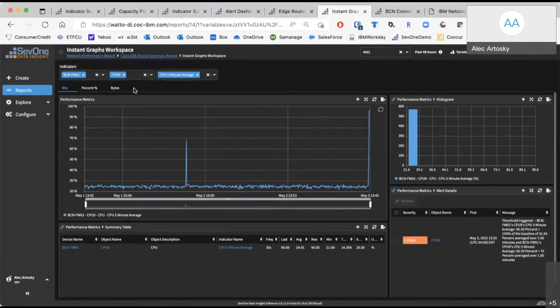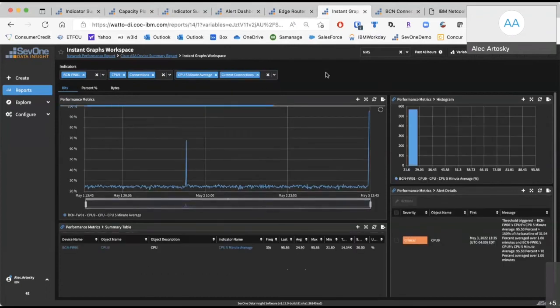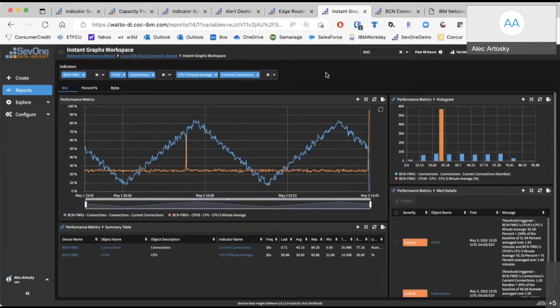So you can see we're still looking at our Barcelona firewall, we're still looking at our CPU issues, but what I want to do is I actually want to go ahead and overlay those connections with the CPU issues that we've been having to see whether or not that increase in CPU actually matches up with that drop in connections. And you can see, since it is so recent, it's a little difficult to see, but if I hover over this, we can see that we've had that massive drop in connections when we had that huge spike in CPU utilization. So we actually have the ability to overlay data sets together in SevOne that might not be directly associated to be able to help us get to a resolution faster. So we can see that those items are actually correlated.